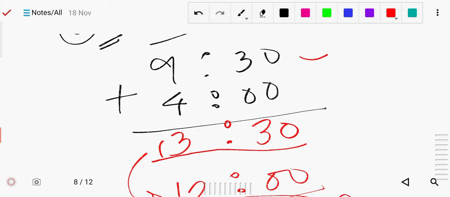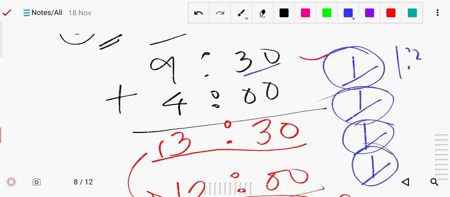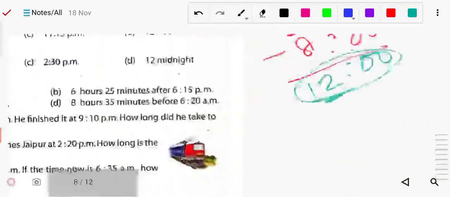Or directly you can add plus 4. So 9 plus 4 you can calculate like this, 9, then 9 plus 1, 10, 10 o'clock, then 11, 12, and this is the 30, 30. So then after 1, so 4 hour, 1 hour, 2 hour, 3 and 4 hours. So 9 plus 1, 10, 10 plus 1, 11, plus 12, after 12, 1. So your time is 1:30, because 30 is there same. So 1:30. So in this way also you can do.